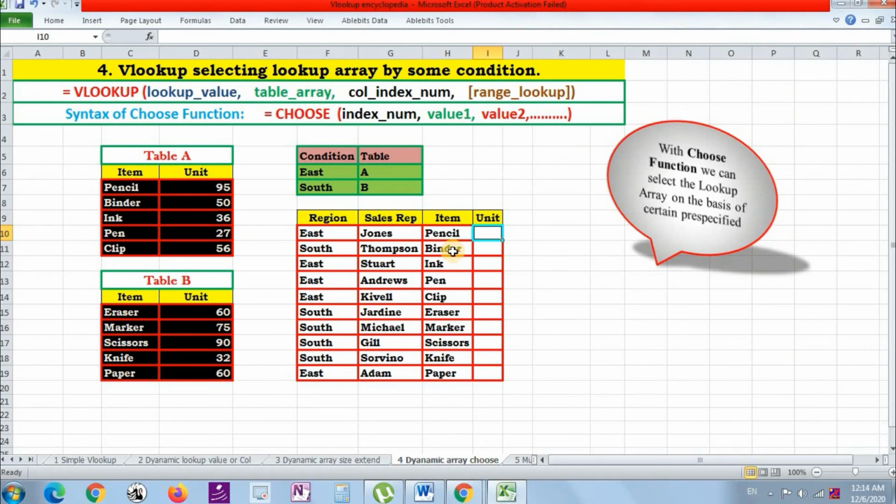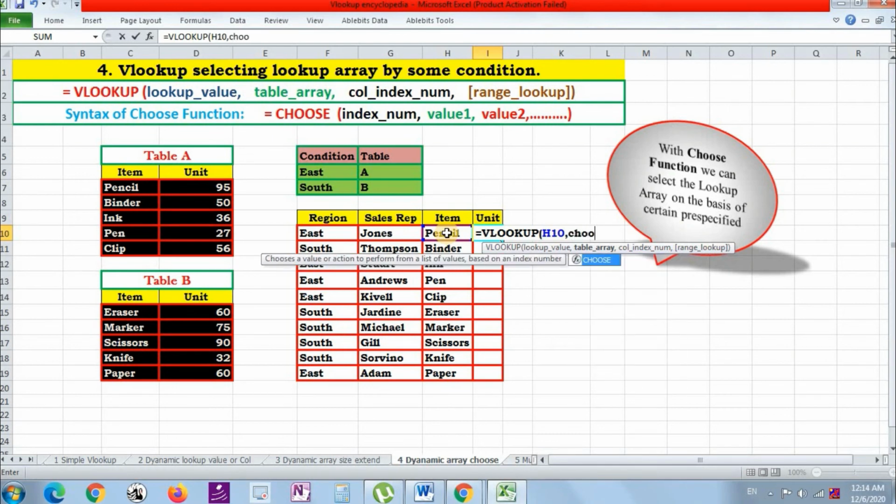So what I want to do here is for pencil, I want to return corresponding unit based on this condition. VLOOKUP. My lookup value is definitely pencil, and my table array is based on some specified conditions which I will be setting with the help of CHOOSE function. Index number, I will set a condition here with IF statement. If my logical test is if my region is equal to East, then 1 or else 2.